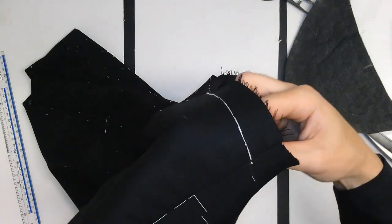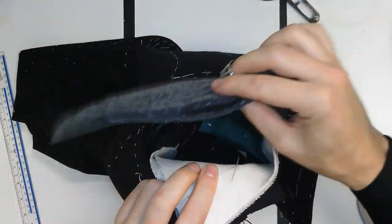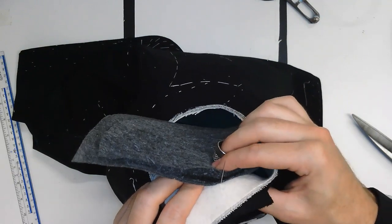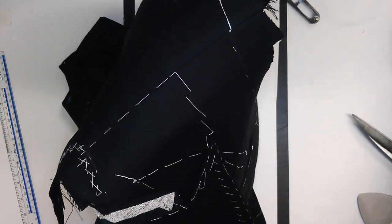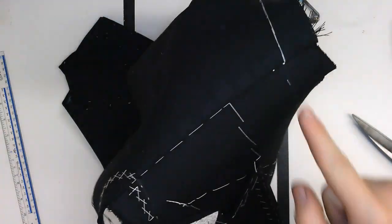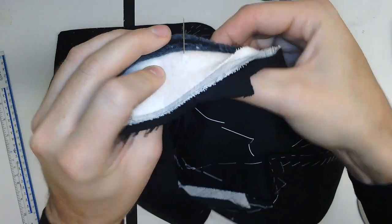Like that. I then marry up the notch in my pad to the edge of that pin, like so. I flip this over and put another pin in right beside that to lock it into place. This one's going through the pad. This is through the pad, that's on the edge of the pad. I double check that the pad hasn't moved and that that notch is still sitting on the edge of the